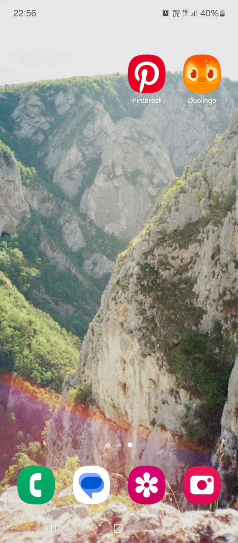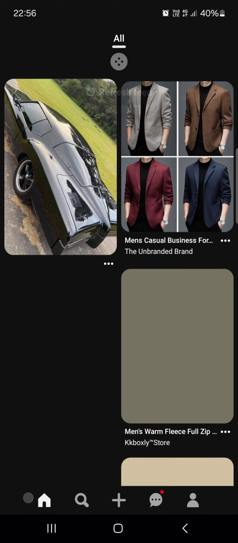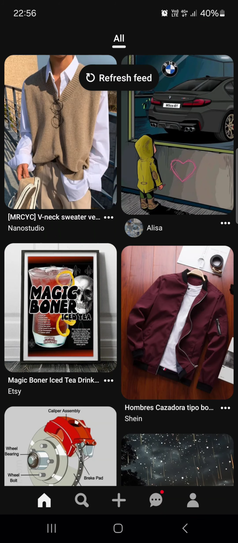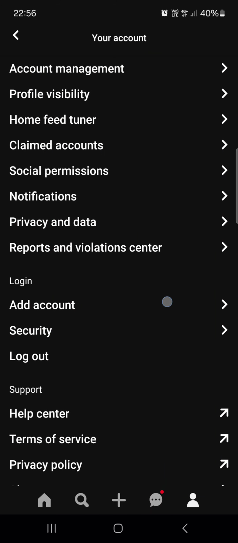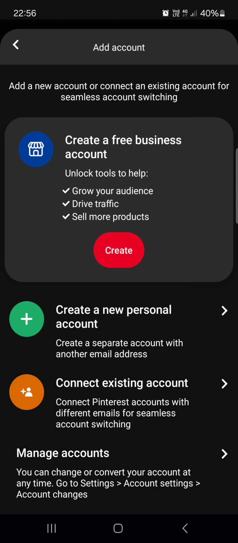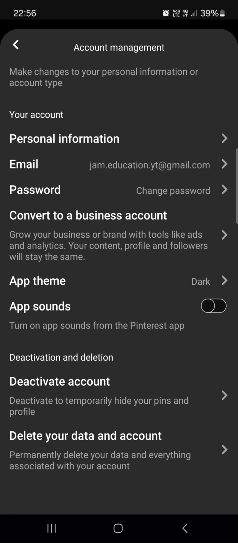Hello guys, in this video I'm going to show you how to manage your accounts in the Pinterest app. First we have to open up the app, and here it opens up in the home menu where we have our pins and suggestions. From here we just go into the profile menu. Then under the login section we find add account. We tap on that, and then under manage account tap on this, and here